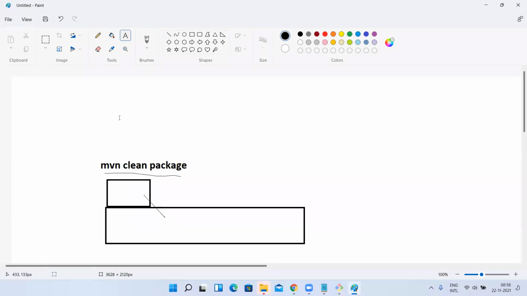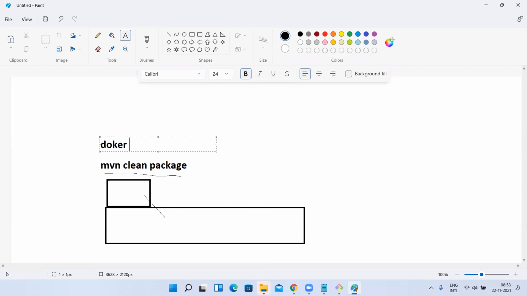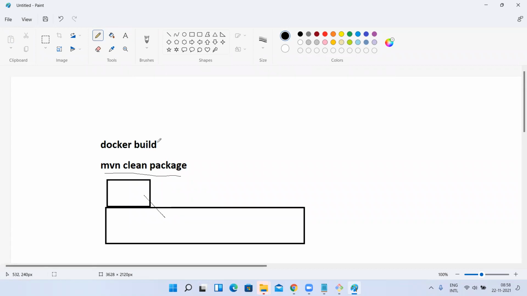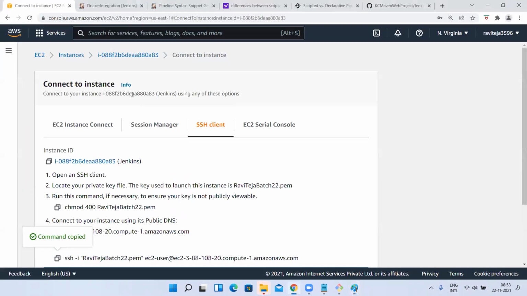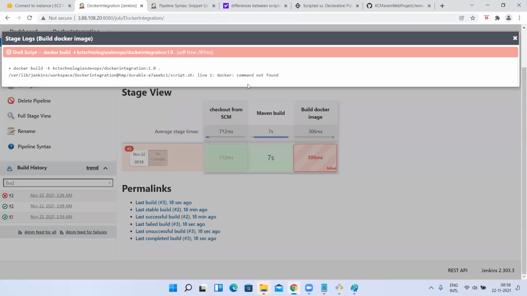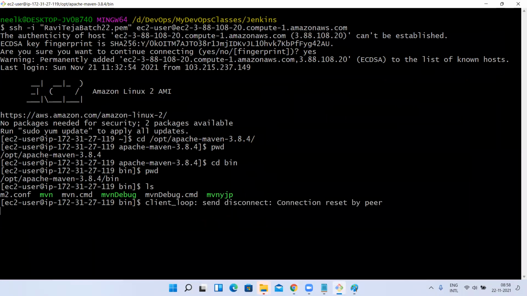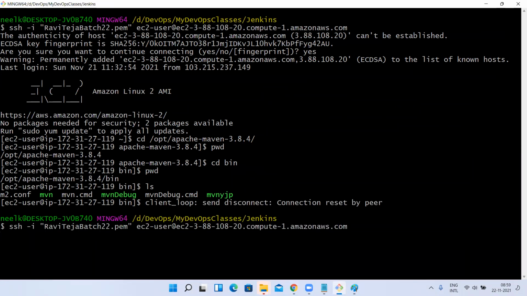Next, I have given one Docker build command. Where will this Docker build command execute? On the same machine, right? But I don't have Docker installed there. So if the error is command not found, what does that mean? Docker is not installed. Yes or no? Yes. So let me connect to this machine quickly and install Docker.